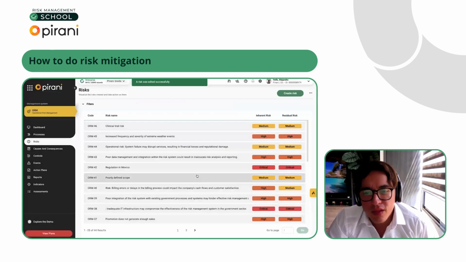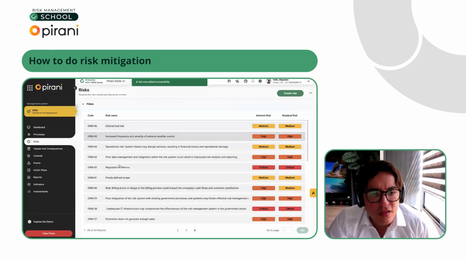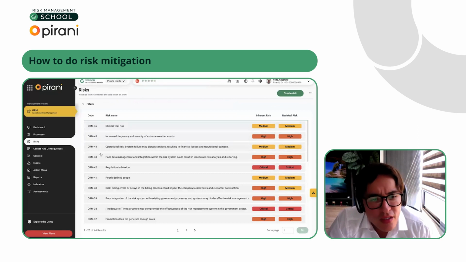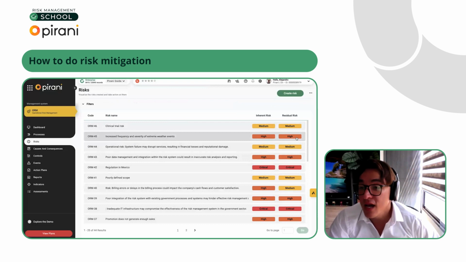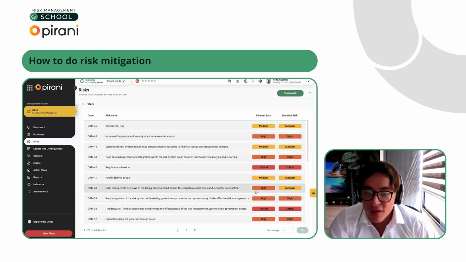So remember, the inherent risk today is high, and the residual risk is high. Why? Because we haven't created any control to mitigate this risk from happening. For example, in this other one, the inherent risk was high, and because of having controls, it is medium. So let's go back to controls